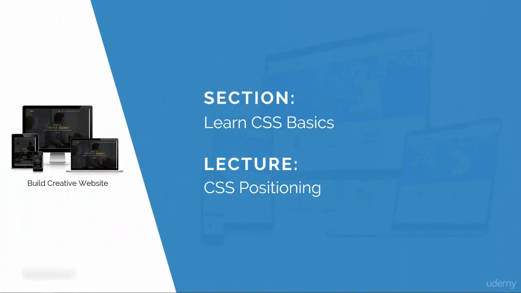In this lecture, I am going to give you a brief demonstration of using the three major types of CSS positioning. Basically, there are four main positions which you are going to use 90% of the time, and they are static, relative, absolute, and fixed positioning. In this lecture, I am going to talk about relative, absolute, and fixed positioning. I will not discuss static because static is the default positioning of any HTML element. With that said, let us take a look at some examples of CSS positioning.